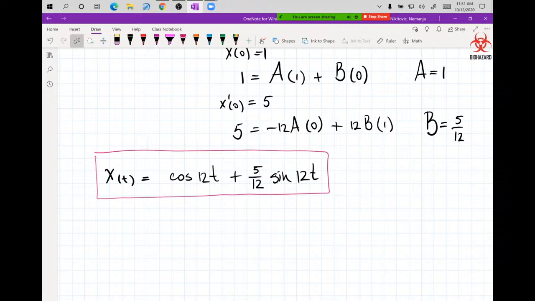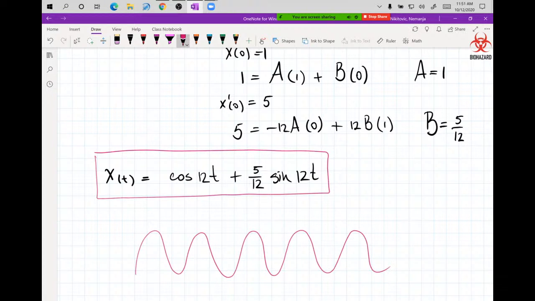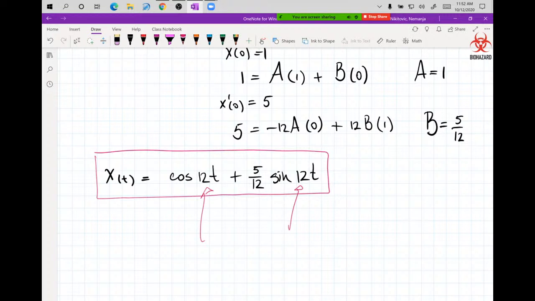However, engineers don't like it, right? Because it is not easy to see a single oscillation from this form, right? There's nothing that tells me that this motion is just that when I look at this, because I see cosine plus sine, right? They are moving at the same speed, they're both 12,